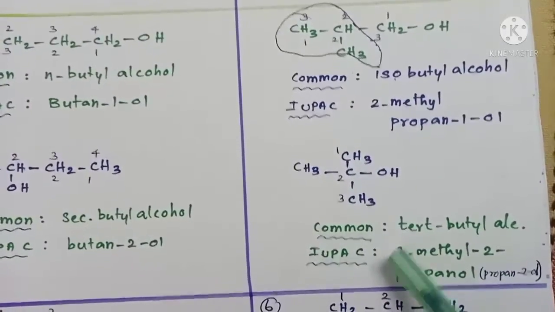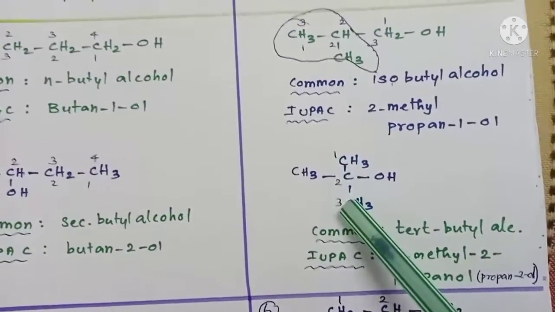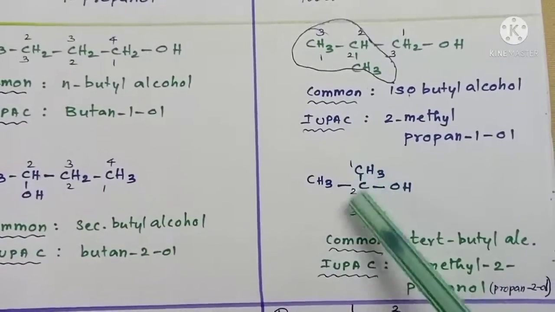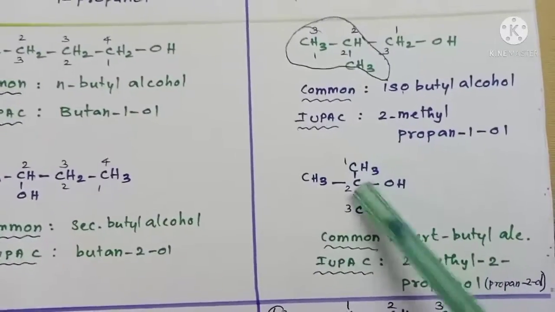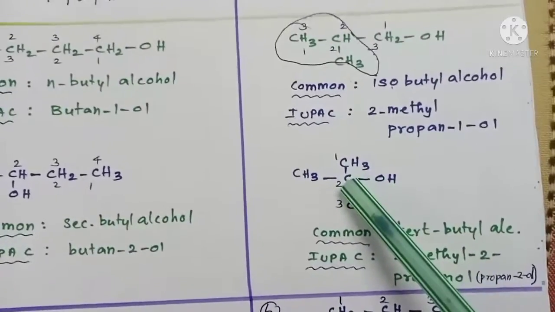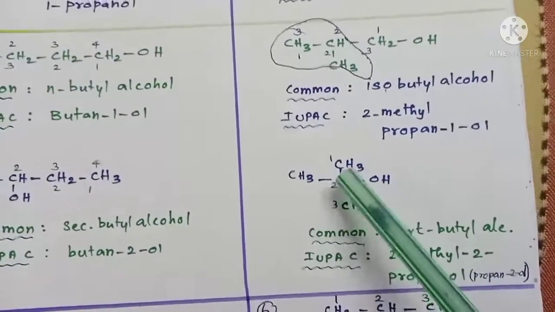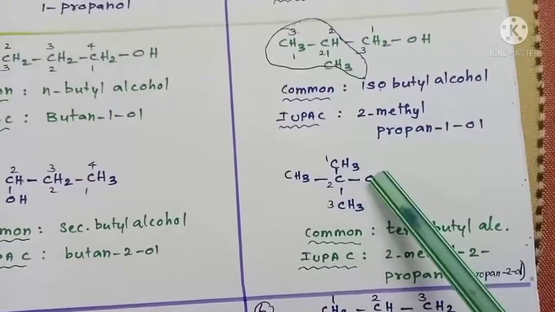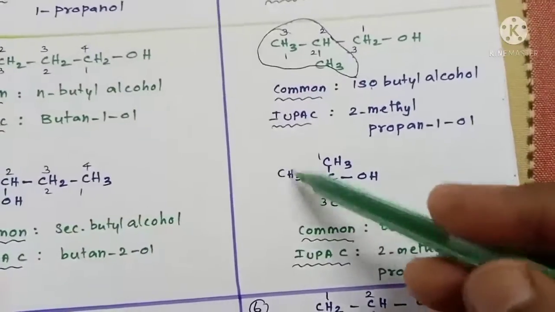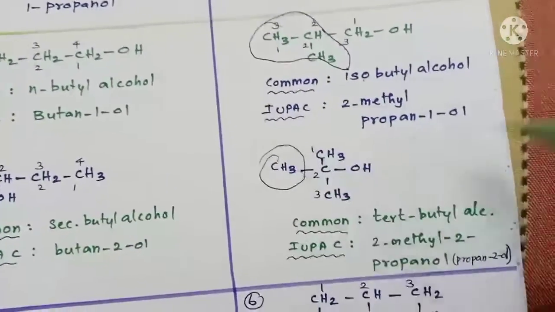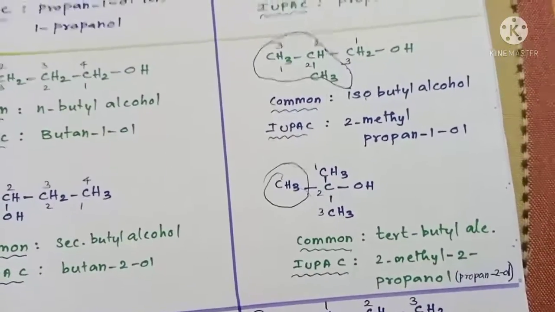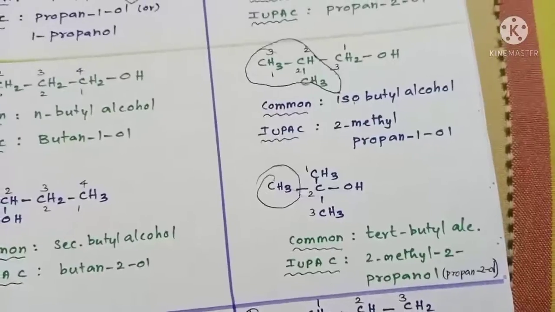Right. Then for the IUPAC name, we have to select the longest carbon chain. This is the possible way. You can select the longest carbon chain vertically, isn't it? 1, 2, 3 or 1, 2, 3. Anyway, this carbon gets number 2 because this is the carbon attached with the functional group, which is supposed to be given the least number. So now this is the longest carbon chain: propane, OH, propanol. Now here you have to consider this CH3 as a substituent. So the name can be given as methyl propanol.